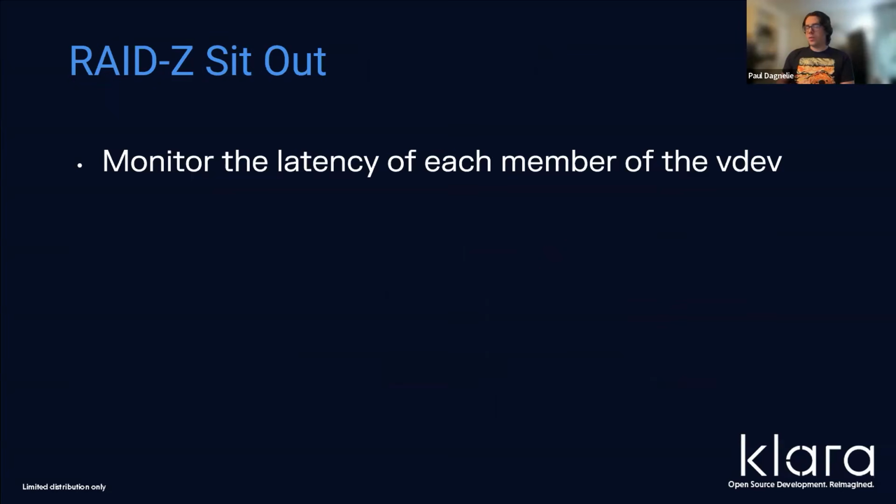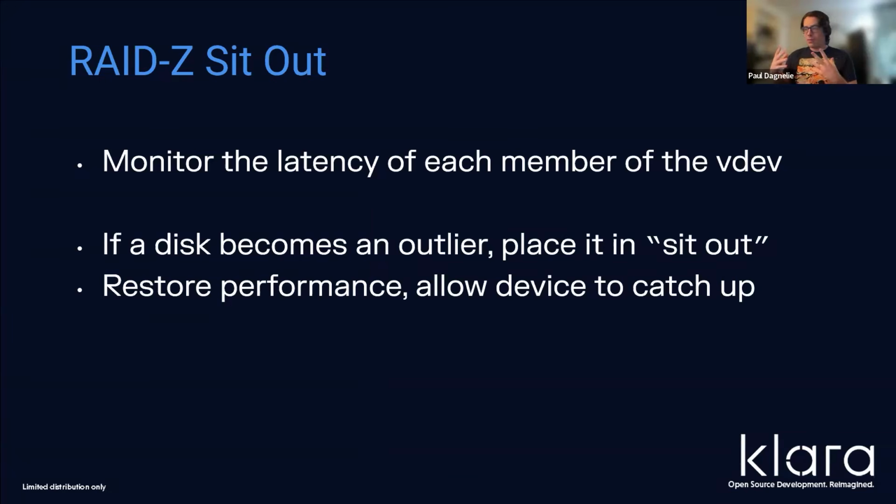Yeah. So the new feature that we came up with is what we're calling RAID Z sit out. And the basic idea is that as these reads come in for the RAID Z devices, we monitor the latency and the response time of each disk in the VDEV. And then if one of the disks in the RAID Z VDEV is consistently slower than the others, is a big performance outlier, then we place it in the sit out state, where it doesn't respond to any read